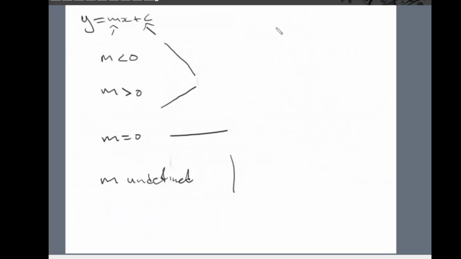And then if c is negative, your y-intercept will lie below the x-axis, and then if c is positive, your y-intercept will lie above the x-axis, and then when c is equal to 0, your y-intercept will lie at the origin. Okay,